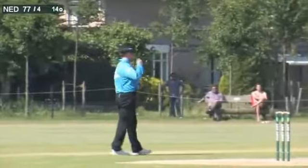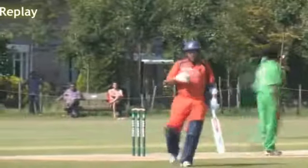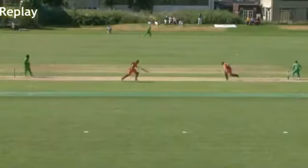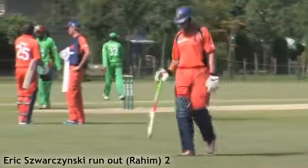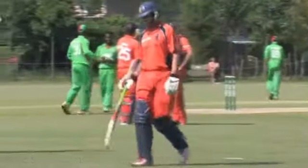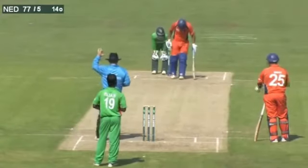Just too far for Swarzinski to make his ground, and that was out even from 45 degrees it looked out. Just have a look at that from the square camera, and oh, a good couple of feet there, definitely. Must have been his own call as well. So. And the new batsman now is Bukhari, number 7,